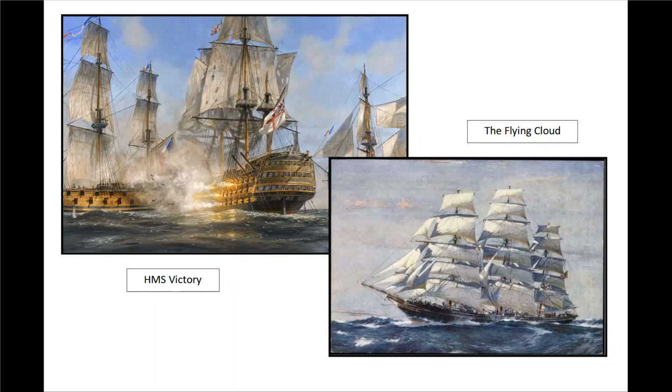The Flying Cloud, USS Constitution, HMS Victory, these are all fine examples of their respective functions, as well as clean expressions of those functions. While it's possible to fault the clippers for having too much sail for their hull size, being too narrowly proportioned, well, that's what happens when you optimize to the extreme for one variable, in this case, speed. But it is still a beautiful thing to behold in any case.